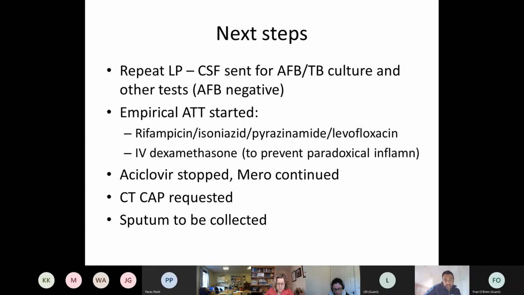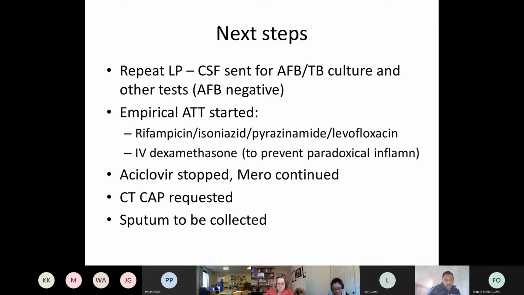And so dexamethasone is indicated in TB meningitis. There aren't many situations where you need to give steroids with the TB drugs, apart from in CNS TB and also pericardial TB, because often when you start TB treatment, as the mycobacteria are killed, it sets off a significant paradoxical inflammatory response, where things get a bit worse initially. And obviously in the brain that could be very dangerous because there's limited space for swelling. So we add in steroids as well.